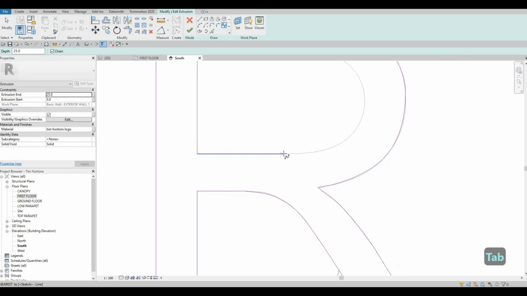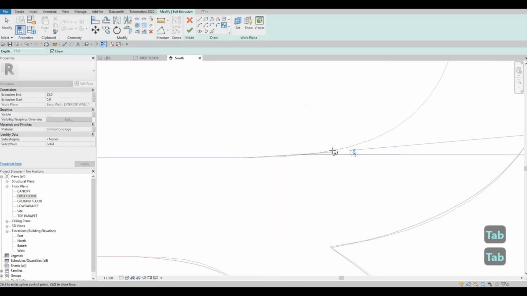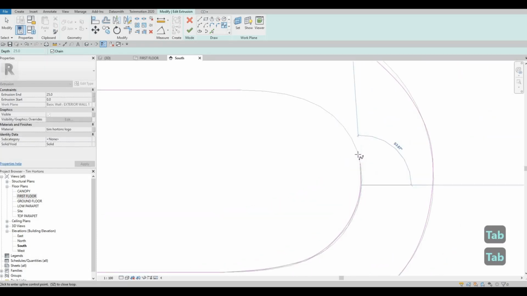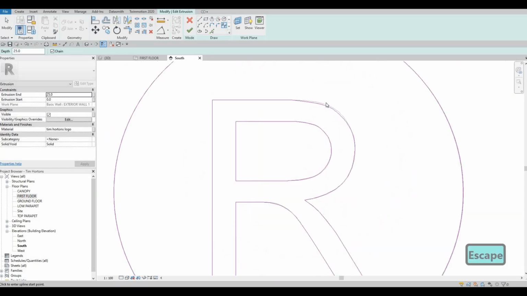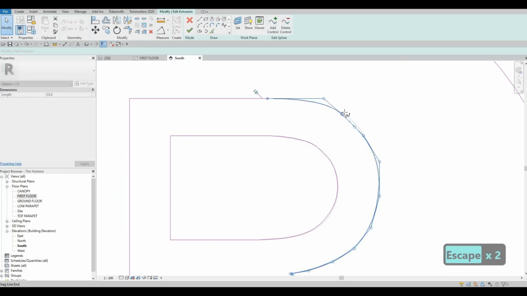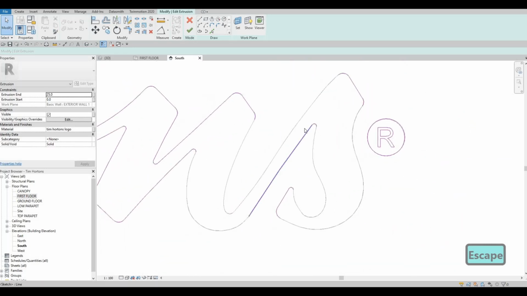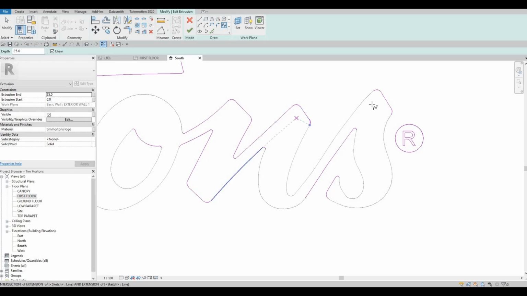There we go. There we go. So just some adjustments that you want to do, and then just push it there. And then here again,